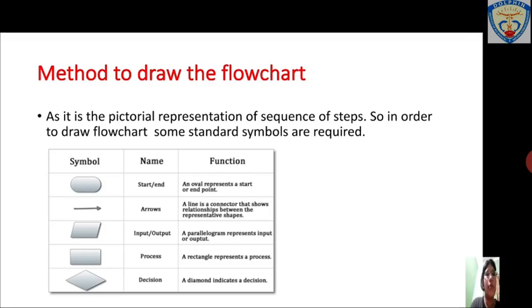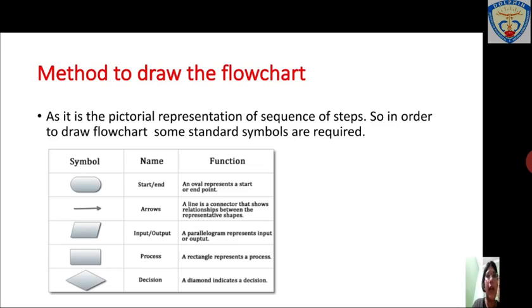Next, we will be looking at the flowchart. As I have already told you, the pictorial representation is the step-by-step solution of any program. You do this with the help of some symbols having some meanings. The oval symbol is for the start and the end. This oval represents the start and end point of any algo. Now next is the arrow. Arrow is simply the line connector between the blocks. Whatever blocks you are using, the joining part will be the arrow. It can be either upward, left or right based on the program you are doing.